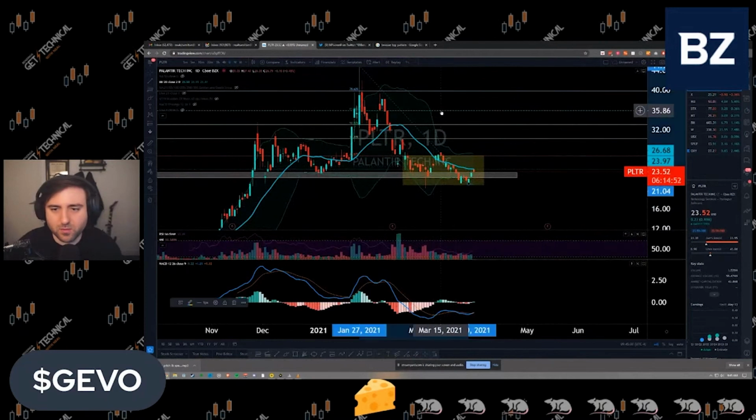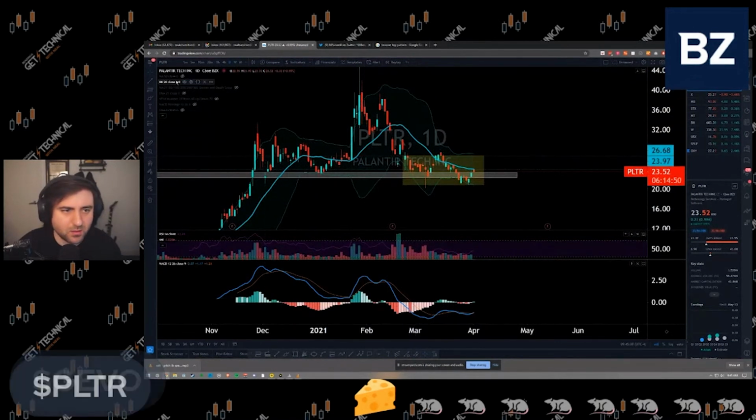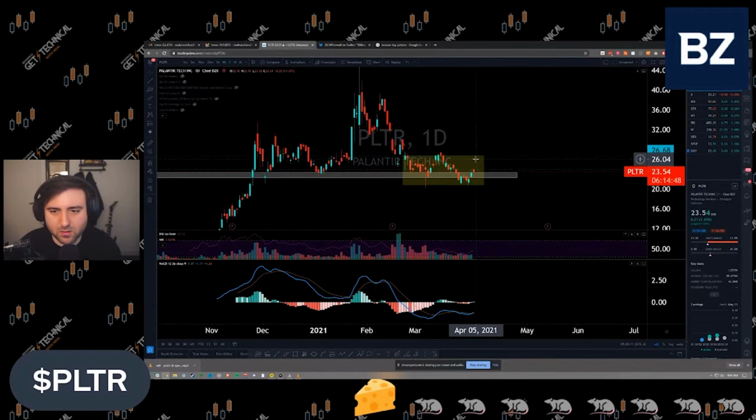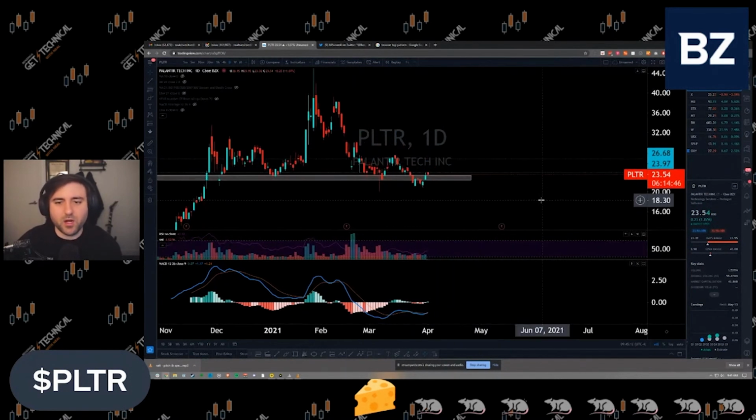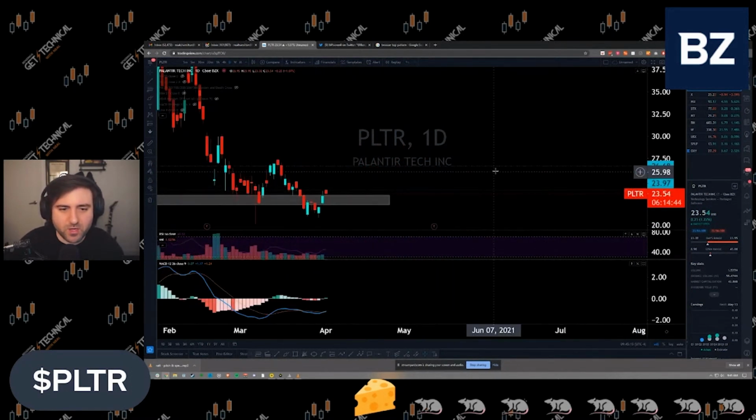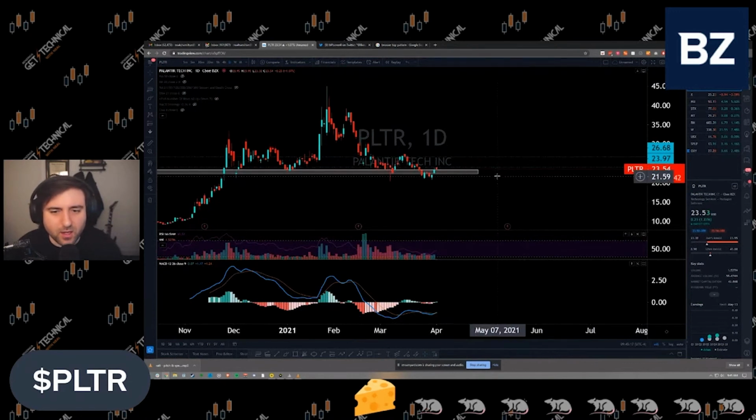So let me get rid of this Bollinger Band and this shape. Someone tweeted Palantir to me. What I see here is a double bottom in formation, and you can definitely